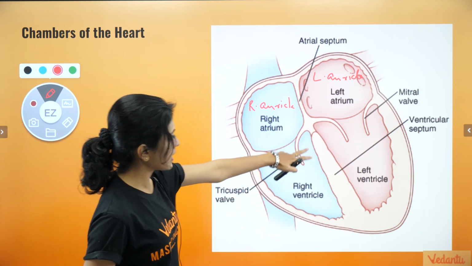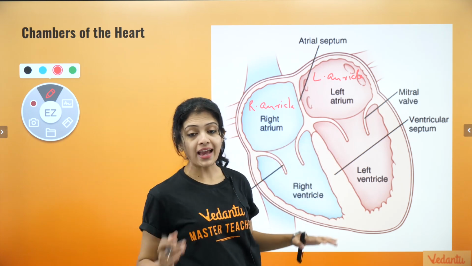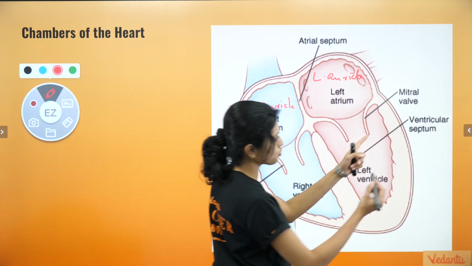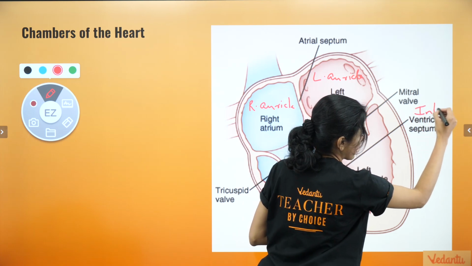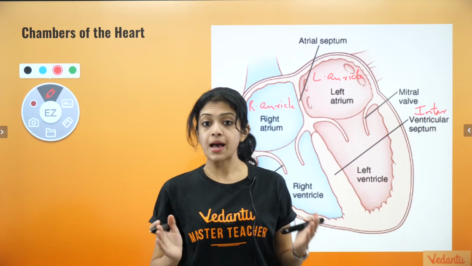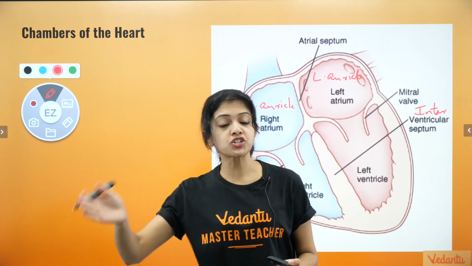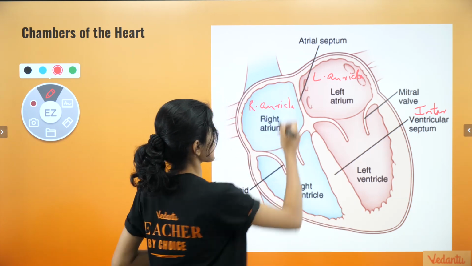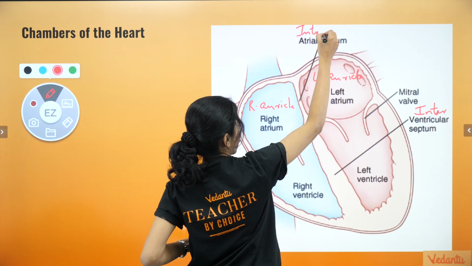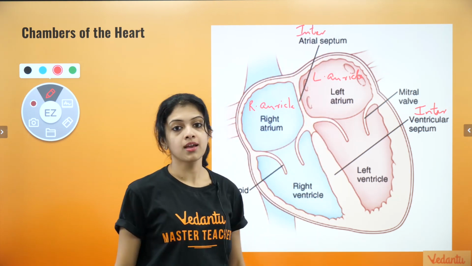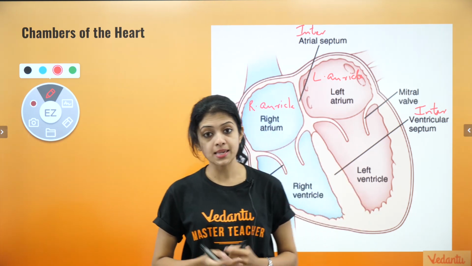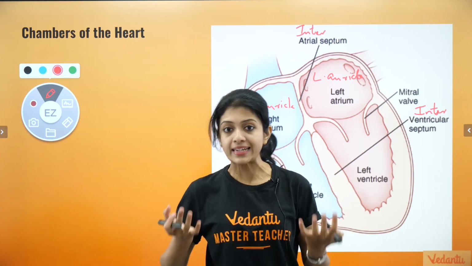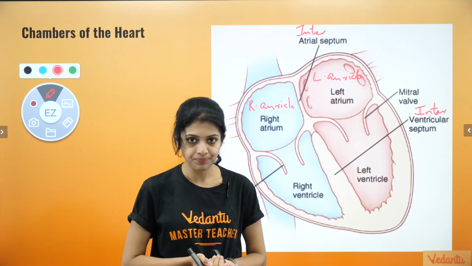And as you can see, there is a partition that separates the right ventricle and the left ventricle and the right atrium and the left atrium. You can call it the interventricular septum, meaning a septum means a partition. Interventricular septum would be between ventricles, a partition between the ventricles. And this is your interatrial or interauricular septum. It is because of these septa, septa is plural, that we have four completely divided chambers in the heart. Okay, children?